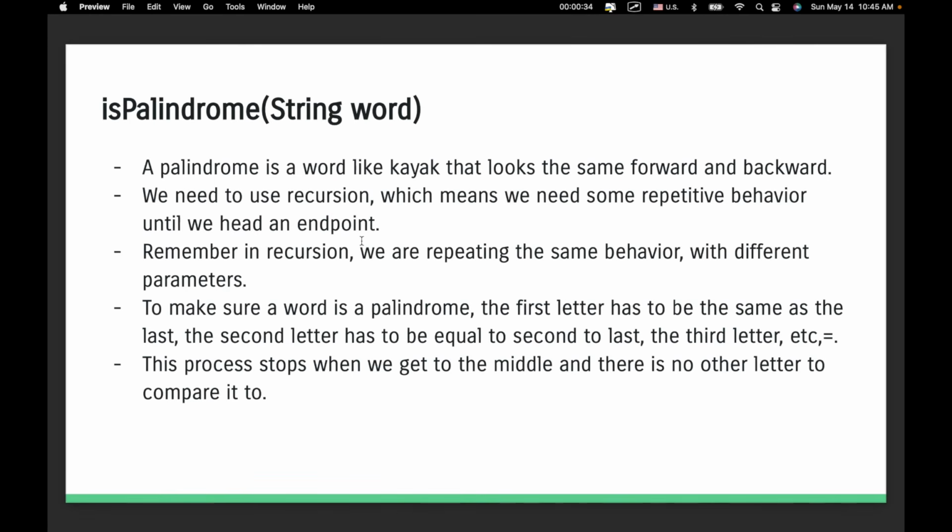And remember in recursion that we're repeating the same behavior with different parameters. So we're going to have to use some repetitive behavior to go through this particular string, or really any string, and decide whether it's a palindrome or not. And if we were to think about what being a palindrome really means,